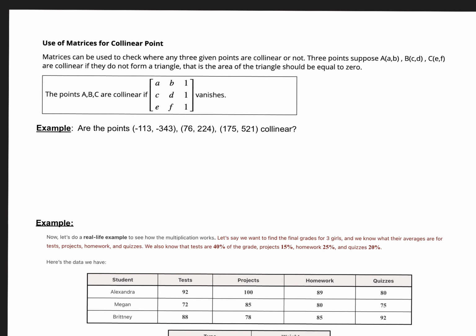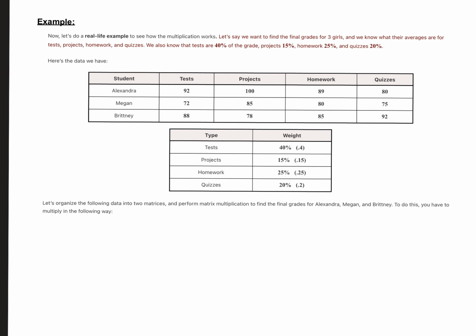We're going to actually come back to using matrices to determine if a point is collinear, because we need to actually know how to find a determinant. And that's coming up in a video here in the future. So we'll come back to this example in that video. Here's just another example of how we can use matrices to organize data and find some very quick